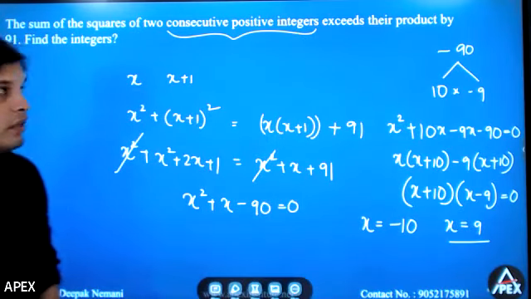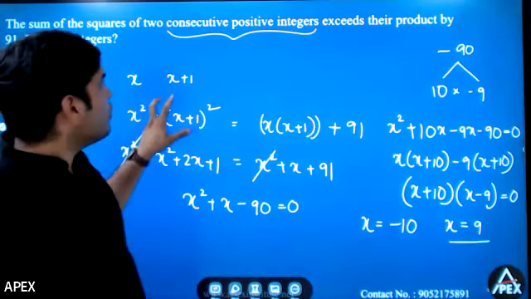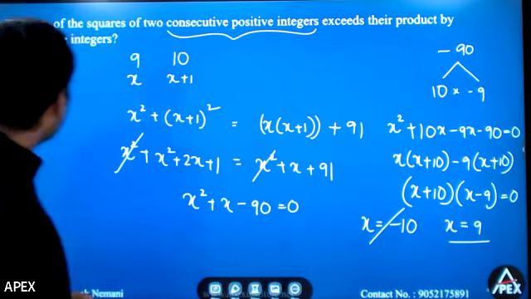But in this question we are given that these two are consecutive positive integers. So none of these two can be negative. So the value of x cannot be minus 10. Okay. So these two integers are 9 and 10. Clear? Now